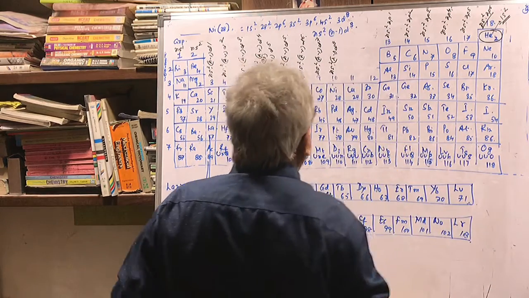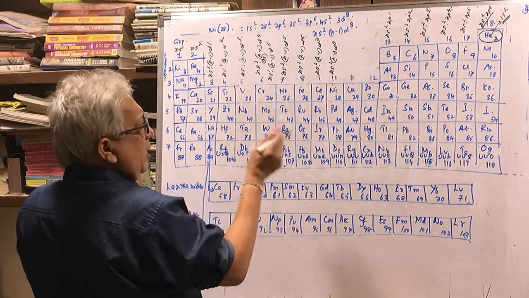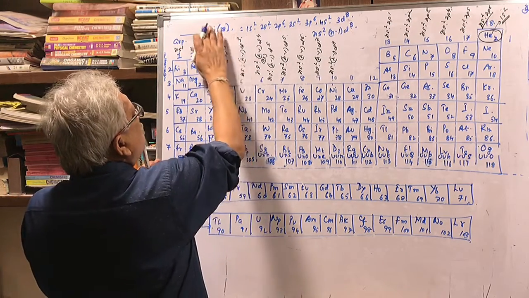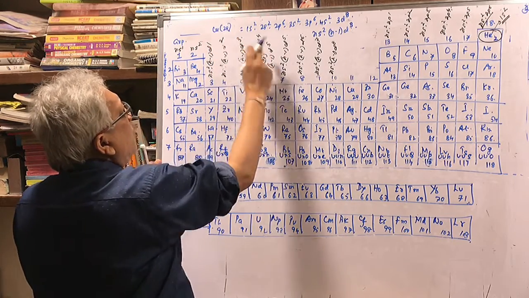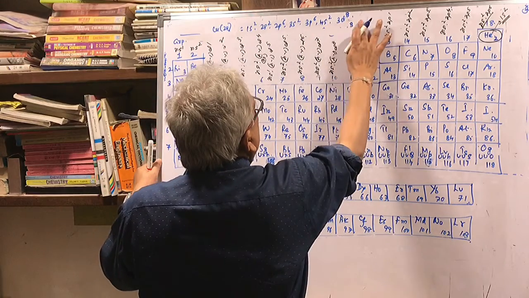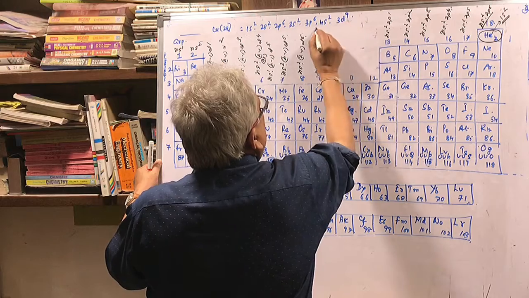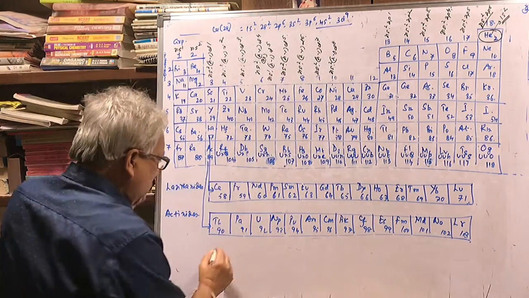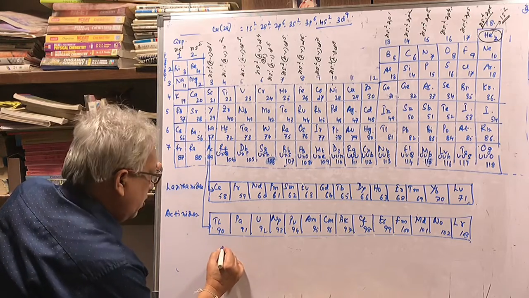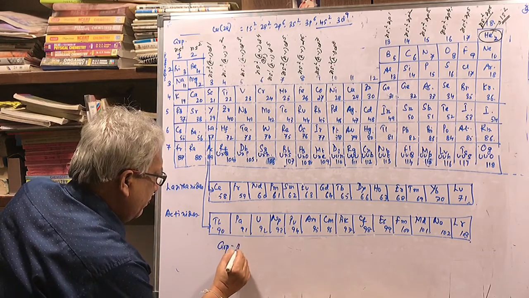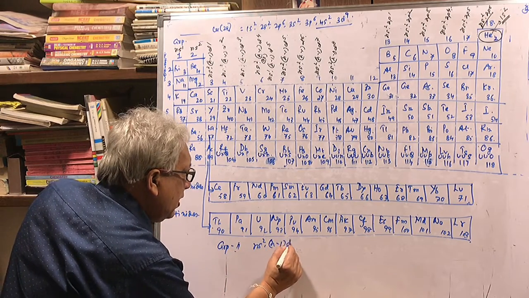Now I am coming to group 11. I will try to understand with copper. If I understand with copper, I think I understand everything. So I write here for copper, Cu, atomic number 29, 1s2 2s2 2p6 3s2 3p6 4s2 3d9, and that means I am writing over here the common configuration for group 11 will be ns2 (n-1)d9.